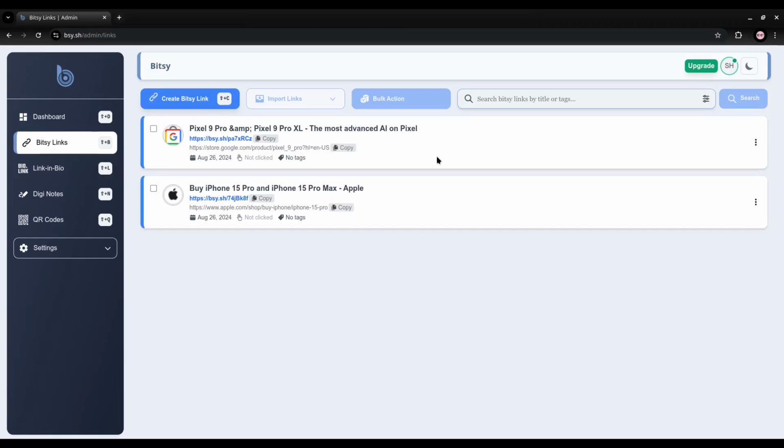Today we're going to show you how to download and use the free QR code for your Bitsy link. This feature makes sharing your links even more convenient. Let's dive right in. Assuming you've already created your Bitsy link, go to Bitsy link page where you'll see all